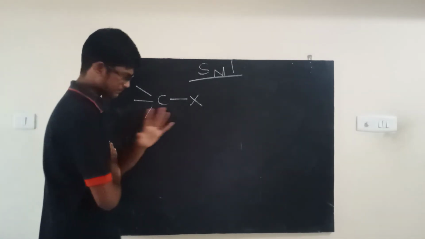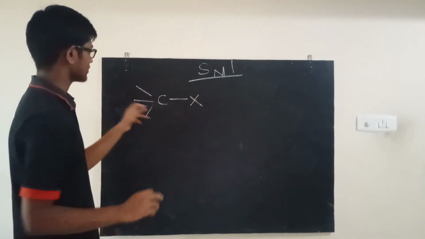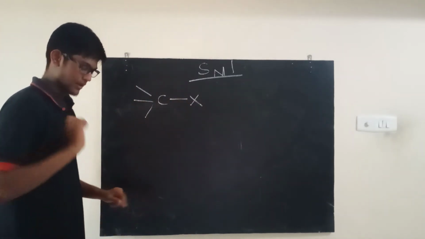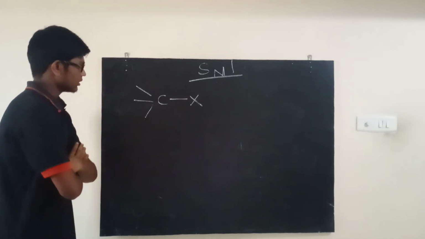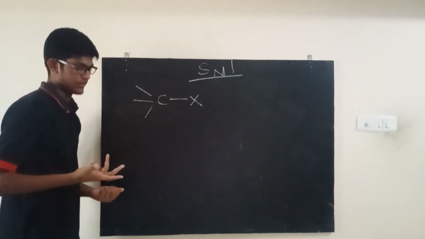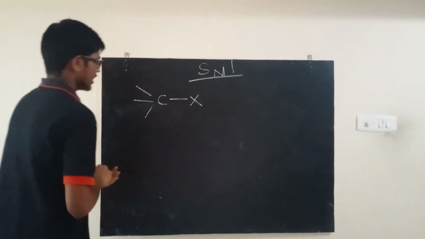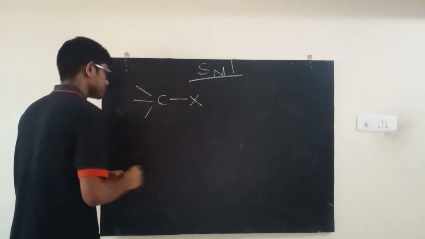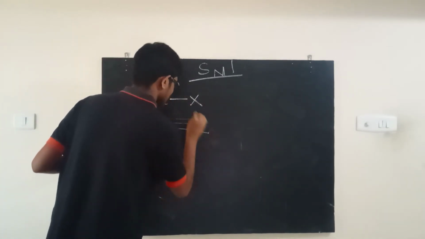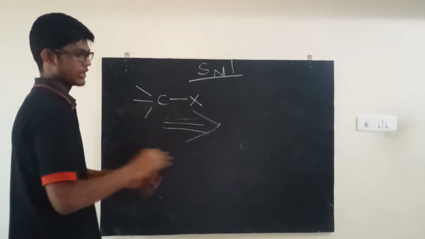So we're going to say, okay, in the previous video, SN2, what we did was we said the nucleophile attacks from the opposite side. Fine. Let's try to think out of the box with this one. You told me that X is a nucleophile, right? We already agreed that X is a nucleophile. So what if X is such a good nucleophile, okay, that it is just pulling the electrons like nobody's business. He is pulling these electrons a lot, so much so that the carbon just waves the white flag.